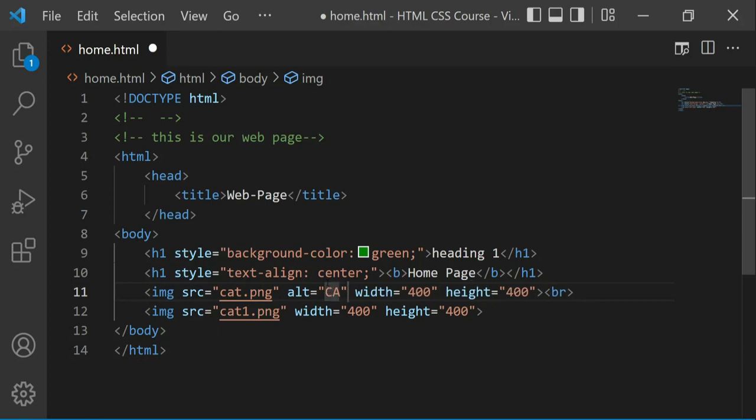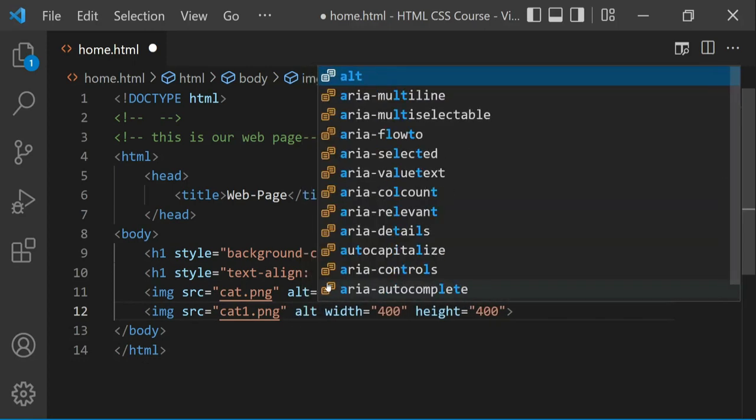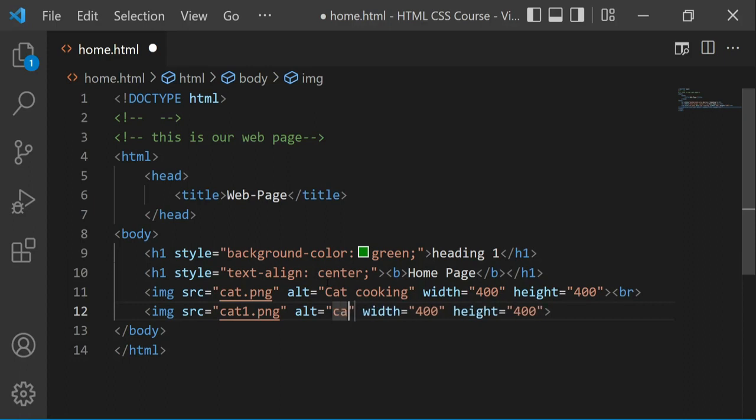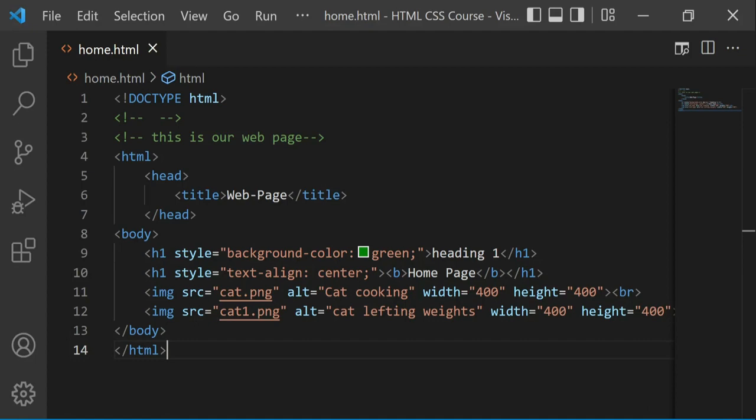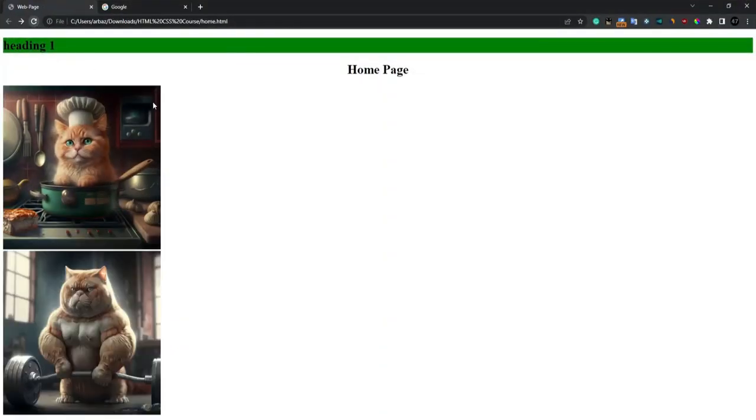So we will add cat cooking, and the second text can be cat lifting weights, and after that, if I save this code, go back to the browser, refresh this page, you can see